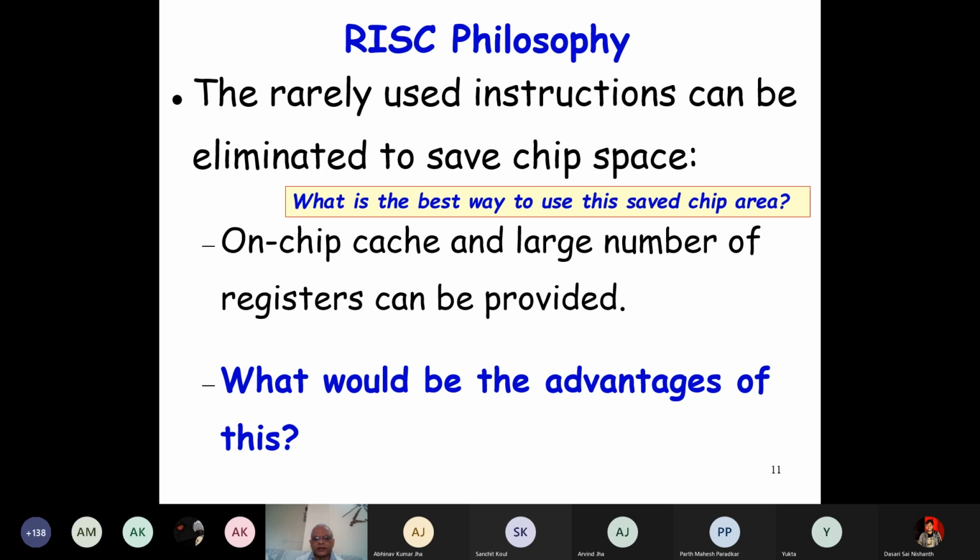Now let's say we have an instruction supported by hardware where each instruction does the work of 100 instructions, like string. Then we need only 100 instructions. Instead of a 10,000 line program, we will write a 100-line assembly program. And that is a substantial reduction. It fits into the core memory, and the fetch time of these instructions reduces substantially, and you get a substantial speed up. Okay, that was the philosophy.